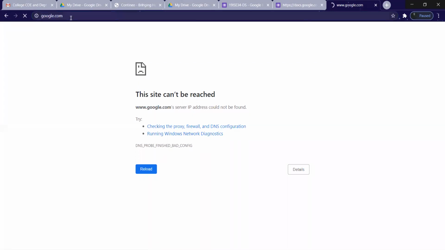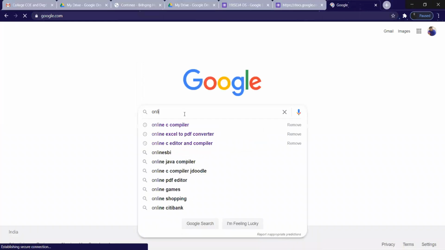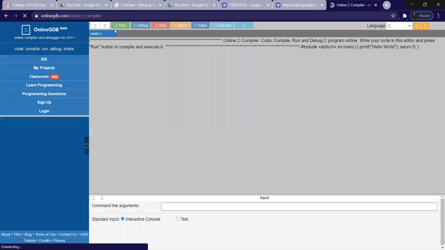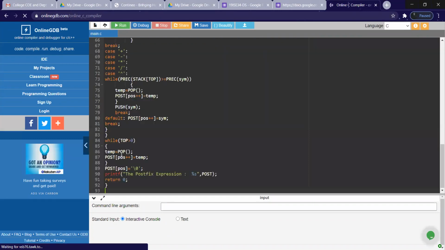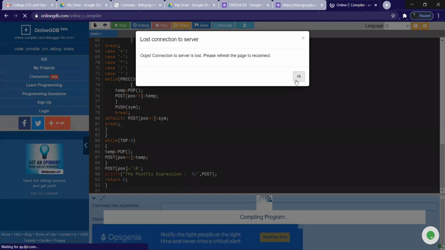Maybe the net connection is not so good here, I think.